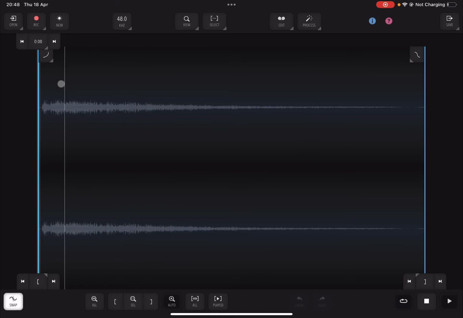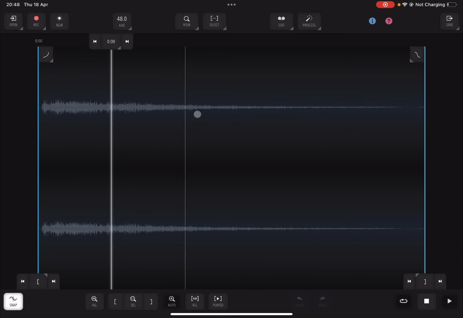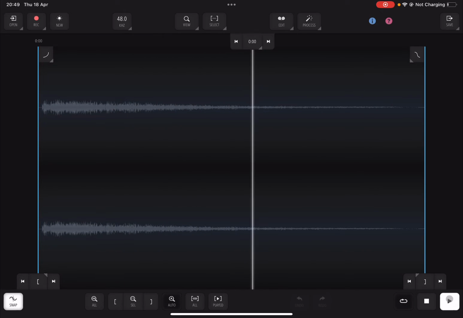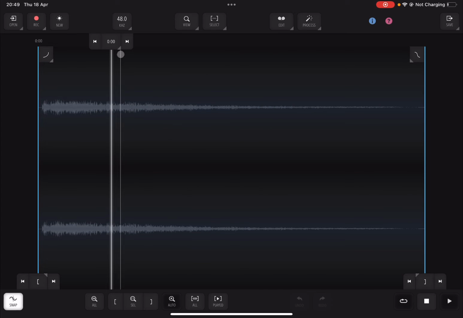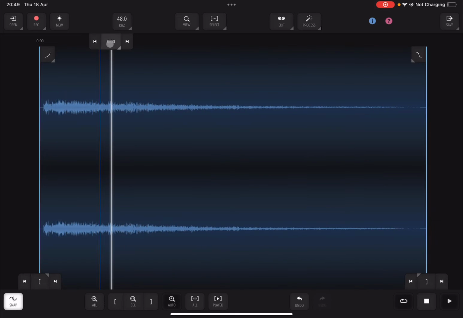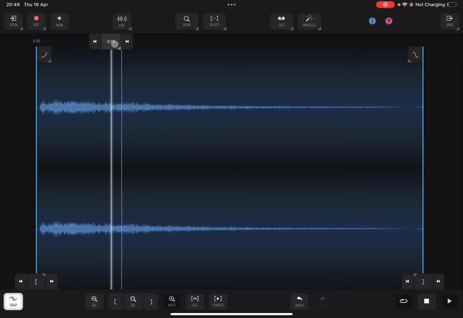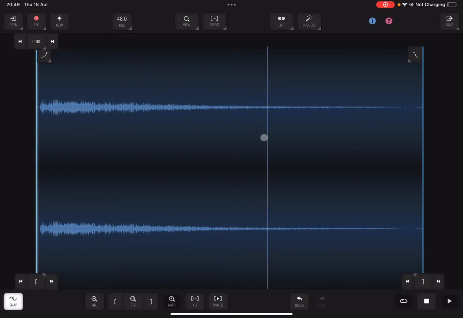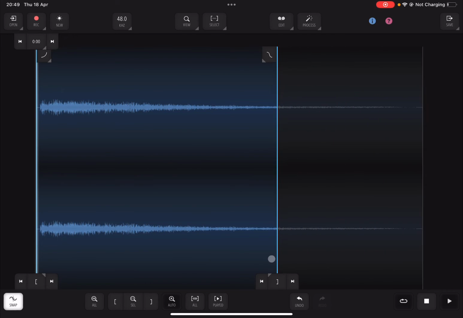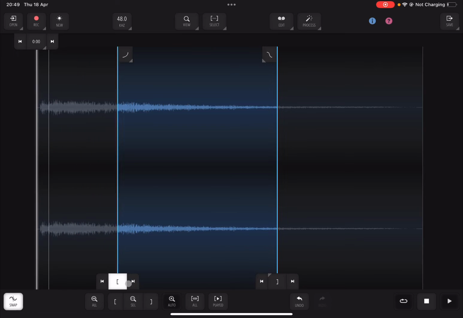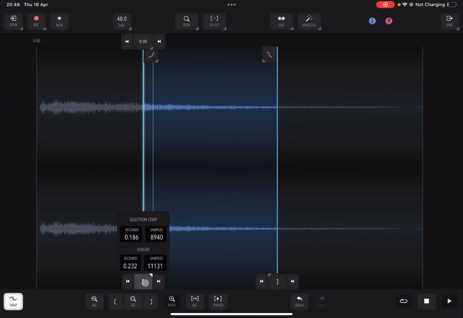And of course, you can see a playhead here, which you can change the position of and play from that, and it returns to that position. But you can also move it like so. You can see that it immediately goes into selection mode as well. Additionally, here you have handles for the end of the selection, like so, click and drag, and also for the start of the selection. And if you click in the middle, it shows you information for the selection start,